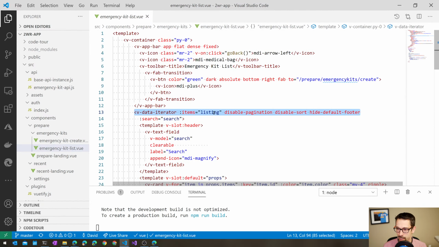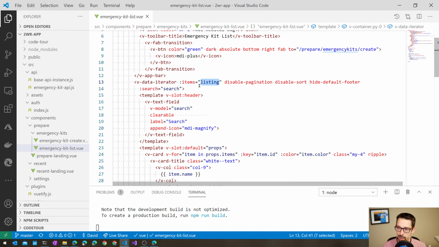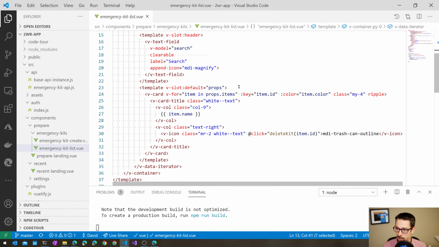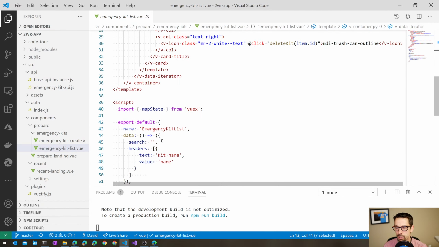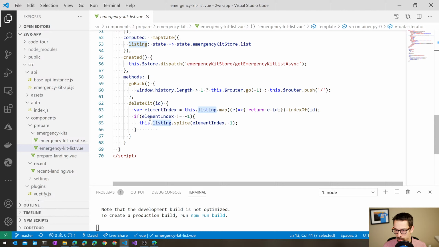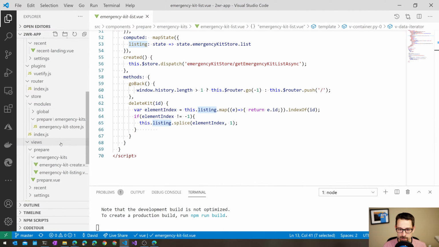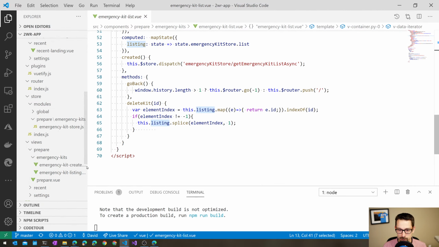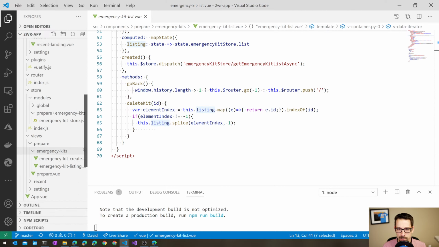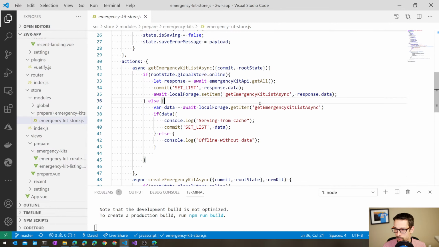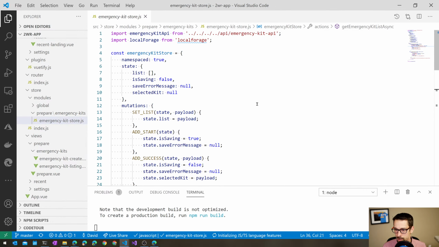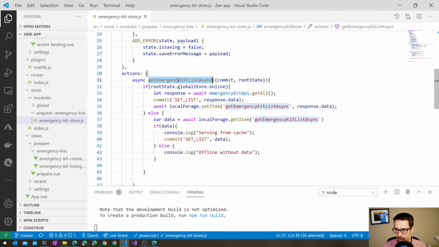So here we have our data iterator, which we bind to that listings, and then we display each one with the color and the name. Okay, so somewhere under the covers of that whole thing that I just explained is going to be, so this is under the store. We have this emergency kit store that we talked about. There's going to be some logic. So here's the action that we were dispatching, and it's saying